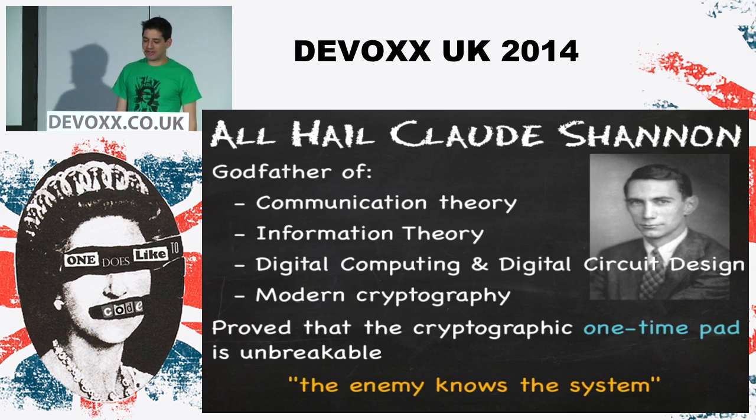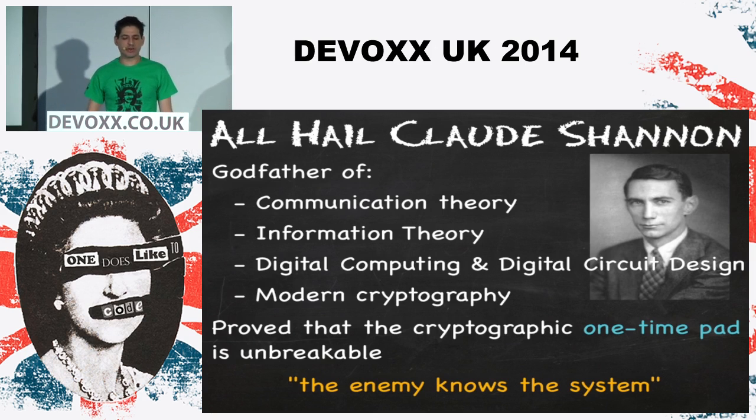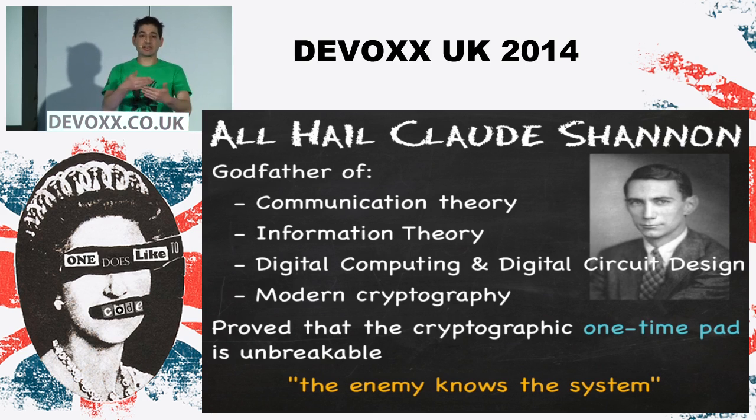Kicking off with a cryptography refresher, we have to start with one all hail, because this is Claude Shannon. He's the godfather of modern information theory. He came up with a lot of cryptography ideas. He worked with Alan Turing on a lot of the ideas of computability. He really is the godfather of modern cryptography. He created this thing in the World War, the one-time pad, which is still to this day completely uncrackable. It's a pad of codes, and you each have one of the pads, and provided you tear them off and use them in the right way, no one can crack the code ever, even if they get hold of one of the pads, because the information in there isn't enough to crack the system.